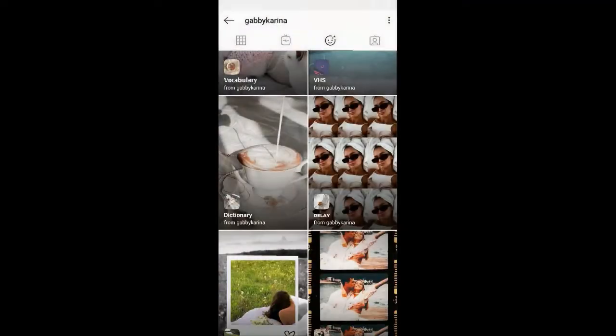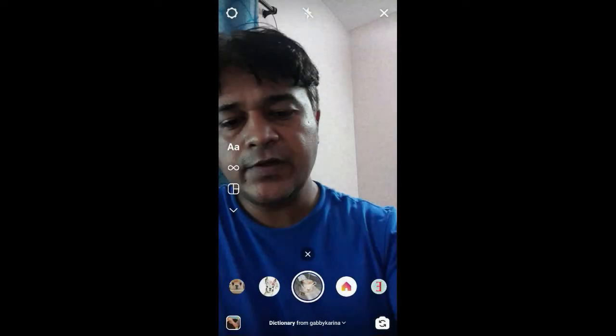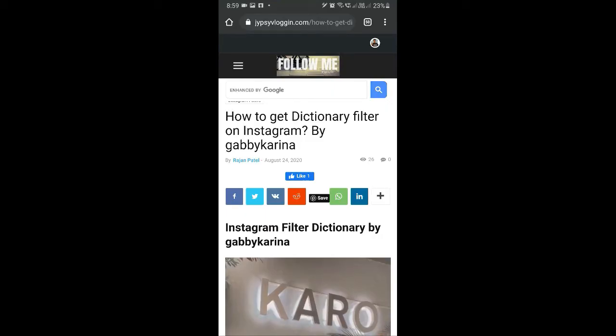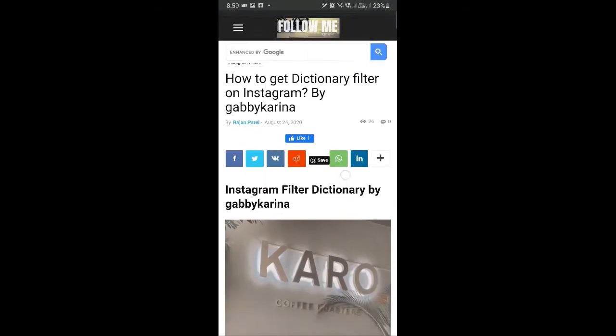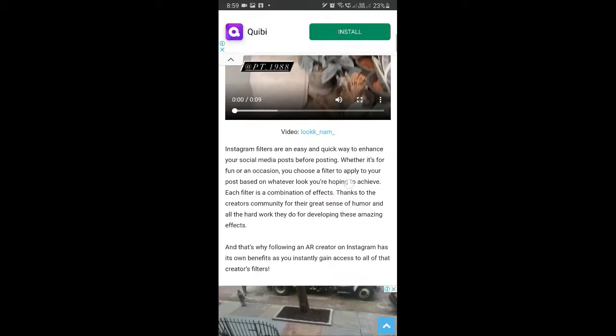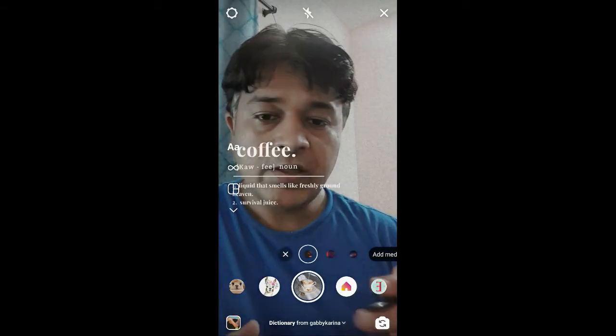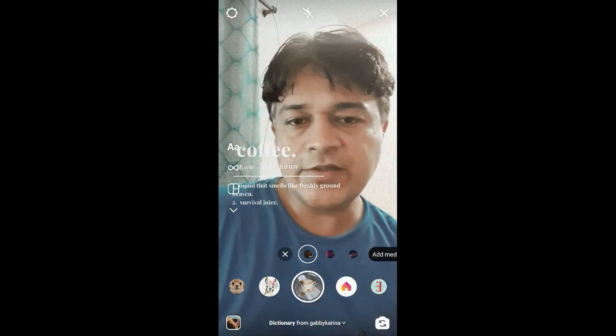filter. And if you are not getting the filter like this, then you can visit this website. The link to this website I will give in the description box below. Here on this website you will see the link to the filter. You just have to tap on the link and open it with Instagram, and likewise you can also get this